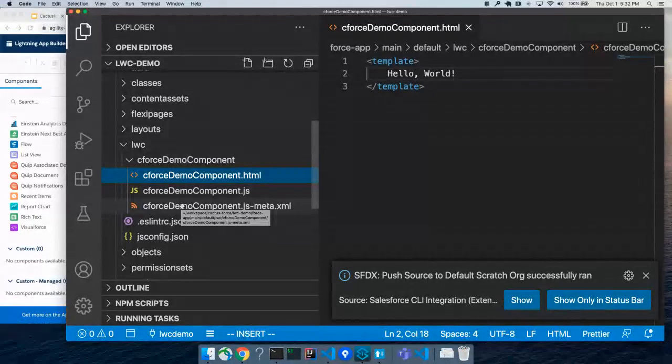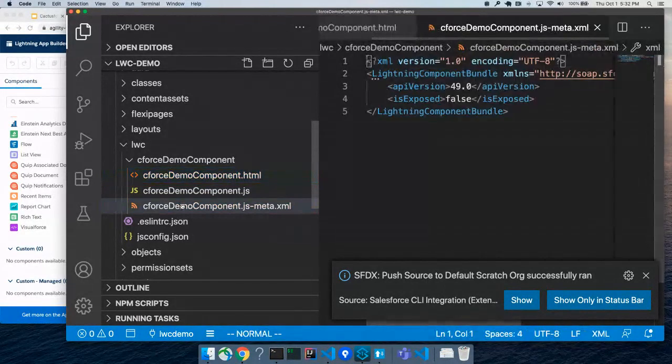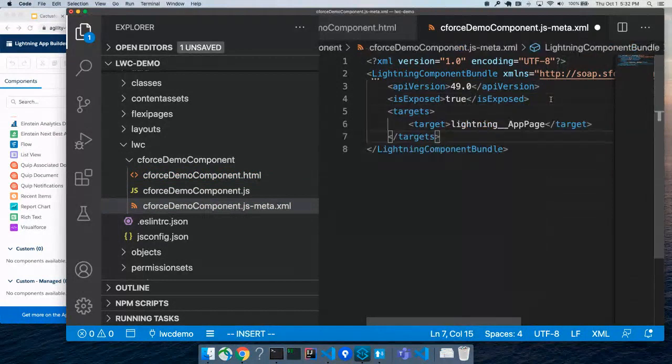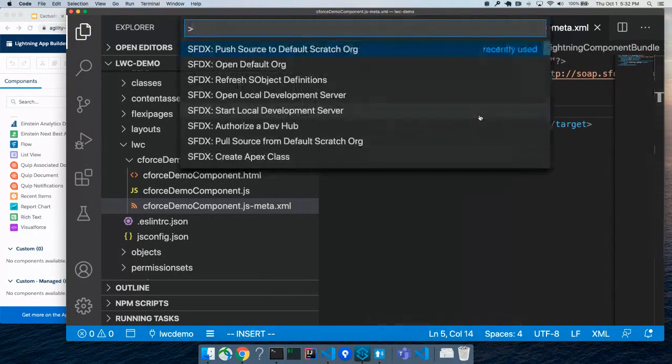The way to make it visible within Salesforce in different areas is the metadata file. The isExposed property needs to be true. We also need to tell it which targets this Lightning Web Component is valid for. You do that using this sort of obscure looking markup, just saying the target is a Lightning app page. Now, if I save this and then redeploy it,